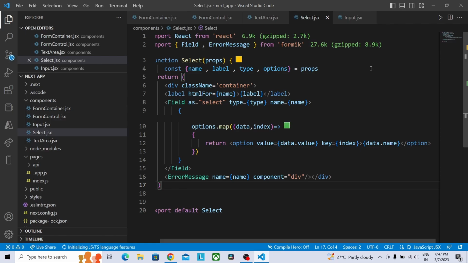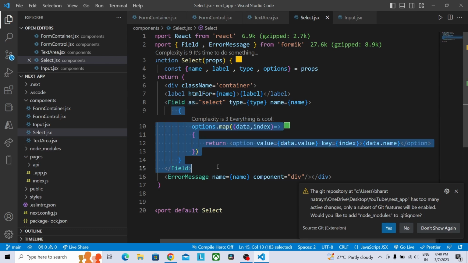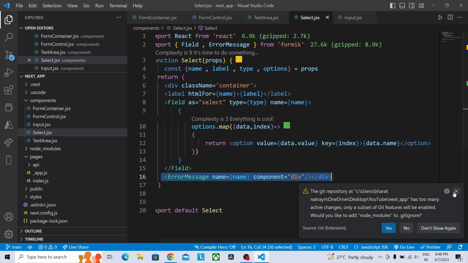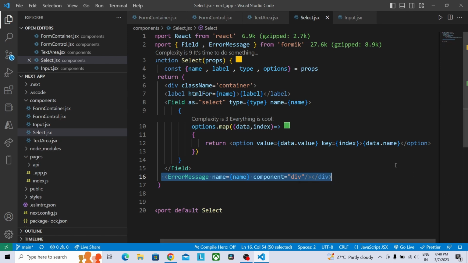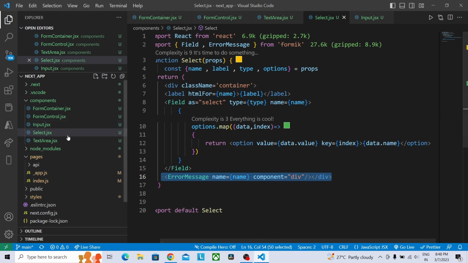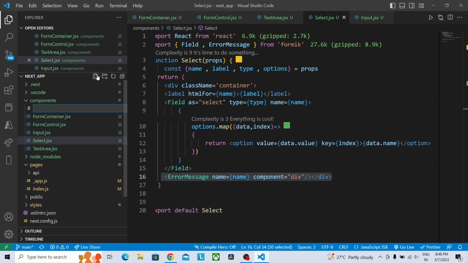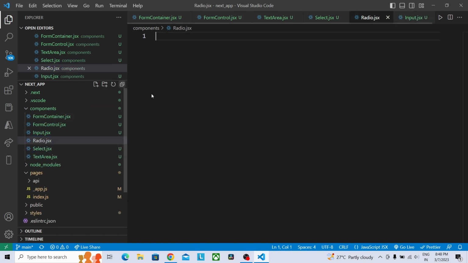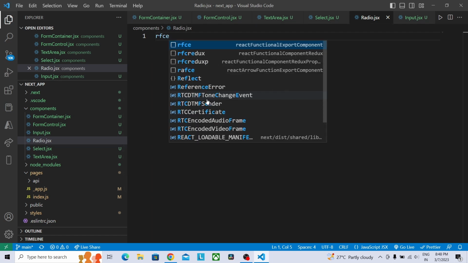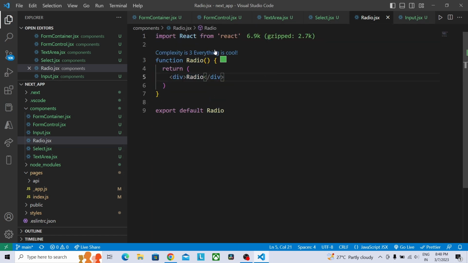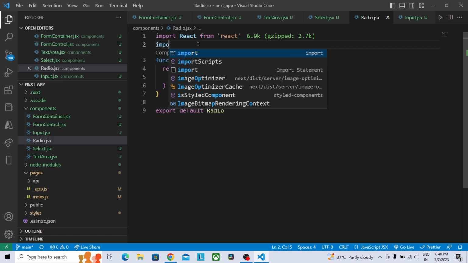In this select component, we used a label field, the input field for the select, and an error message. In the same way, we are going to create the radio buttons also. For that, first of all, I'm going to create radio.jsx. Here I'm going to create a reusable function. So here I'm going to import the field